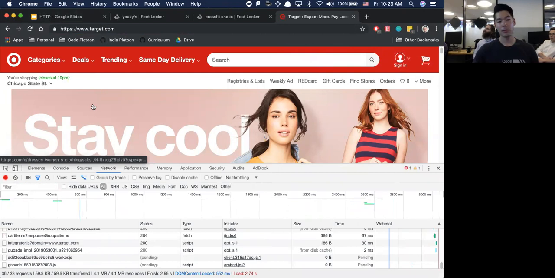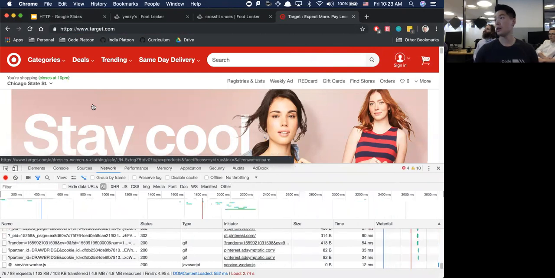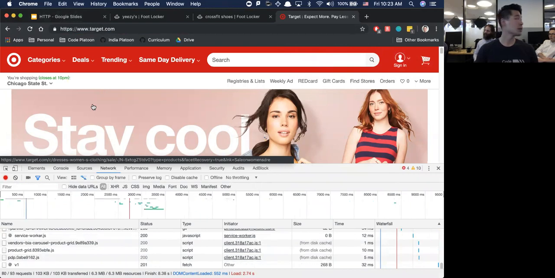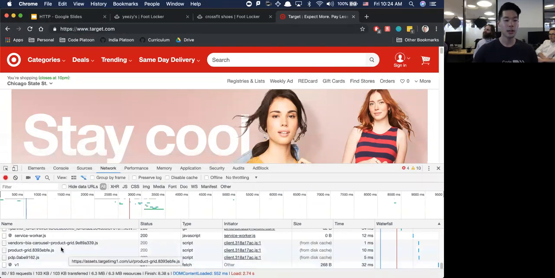Take a look at the bottom left-hand corner if you can. There are already 87, 88, 91 requests being made in the background for everything that shows up on this one page. So target.com is not just reaching out to target.com, because they realize in the background, I need